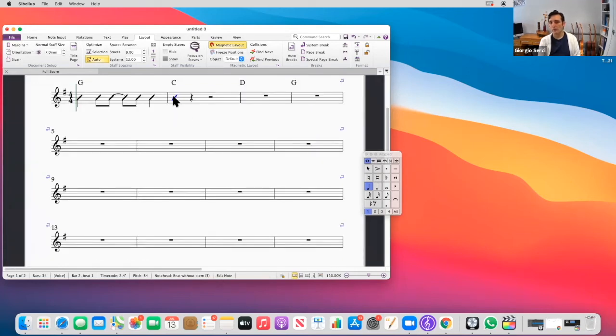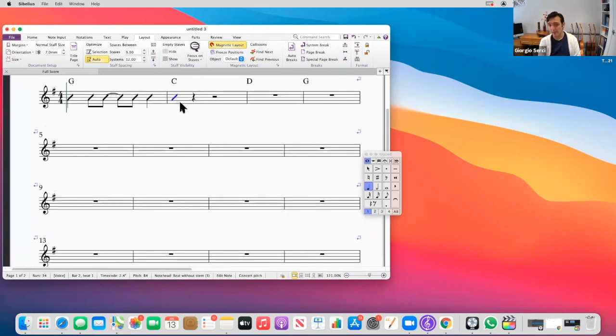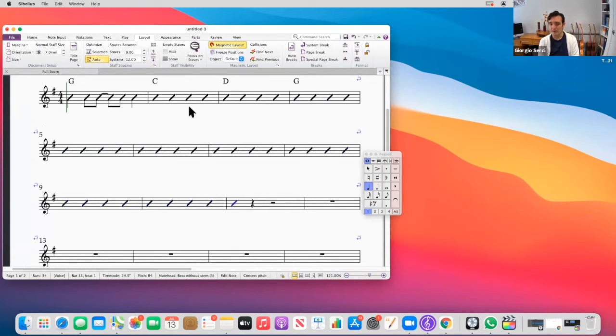So now, let's say that we want to repeat that slash mark or rhythm slash. How do we do that? So once anything is highlighted in Sibelius, if you want to repeat that, just press R for repeat. And there you have it. You can even hold that key and you'll be able to add all these rhythm slashes very quickly in your